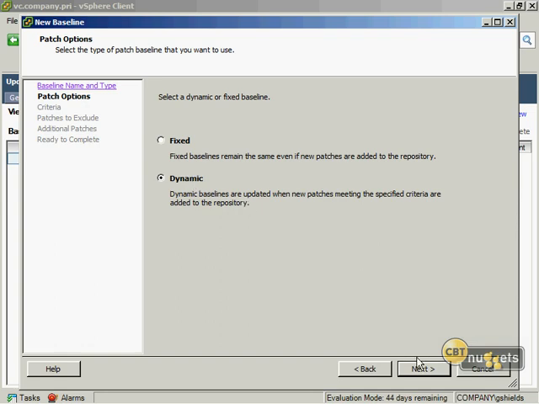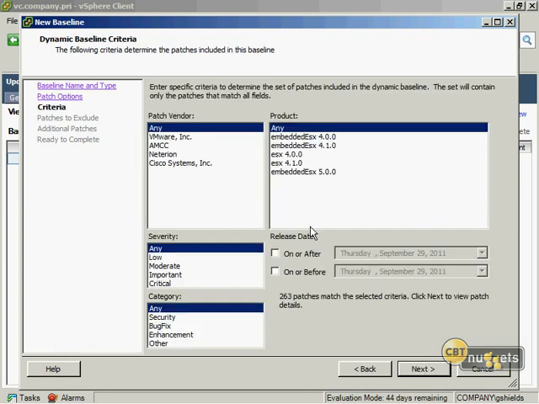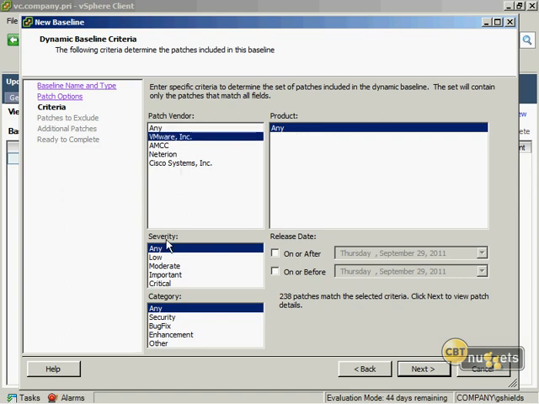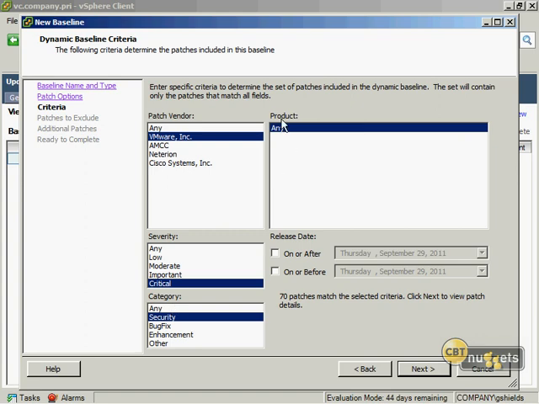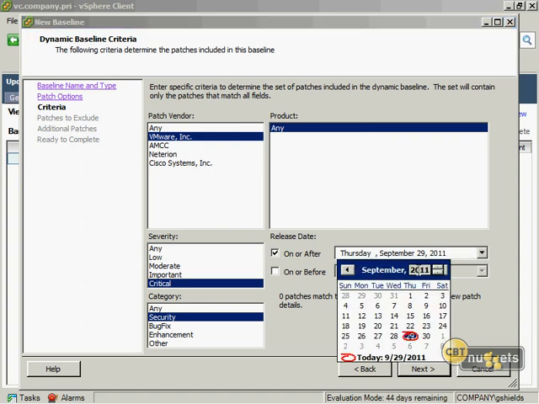I'll start here with the dynamic, and then I'll go back and show you what the fixed is. So here with dynamic, let's assume that I want just VMware patches of critical importance, of security type in any product that are, I don't know, on or after a year ago. What this would do is it would apply just what you see here, essentially those characteristics for the patches that